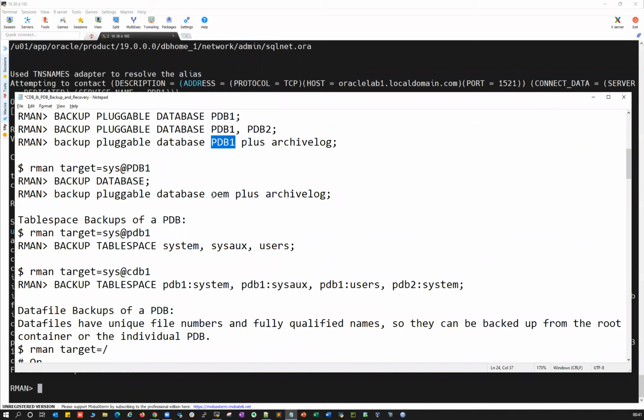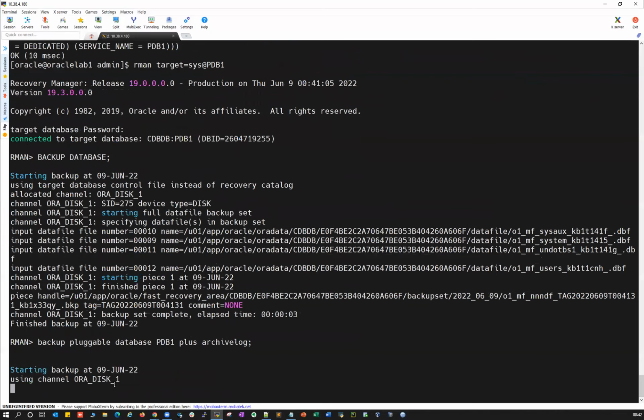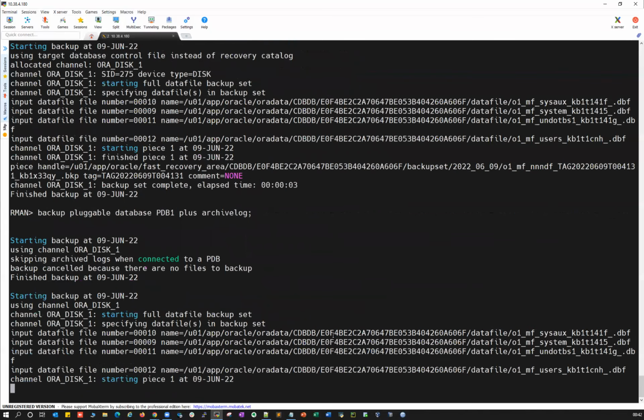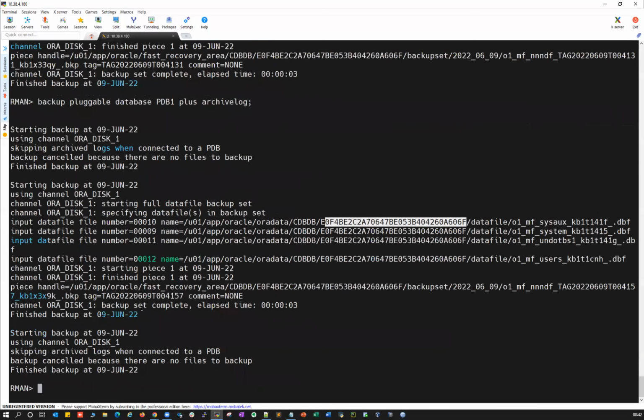Or you can mention, even though you connected to your PDB, backup pluggable database PDB1 plus archivelog. Right, you can see again the same pluggable database PDB1 it has taken and done here. And then since you mentioned plus archivelog over here,